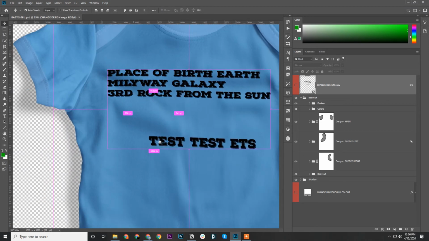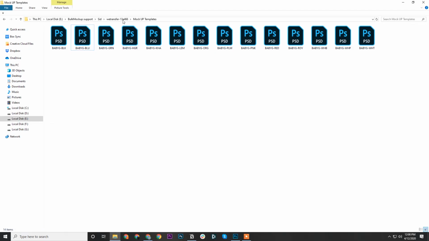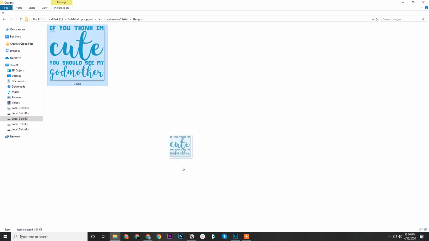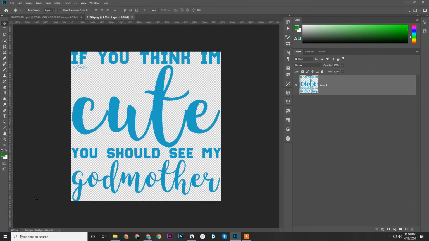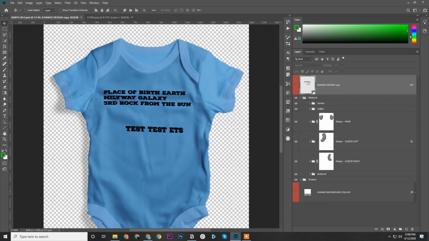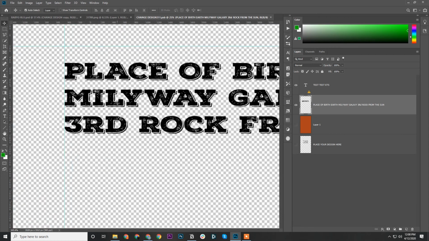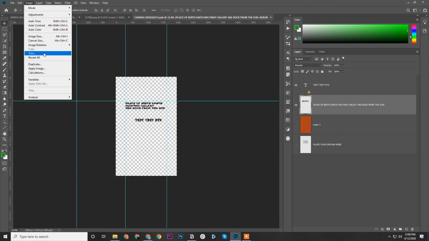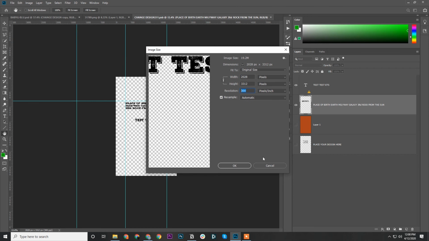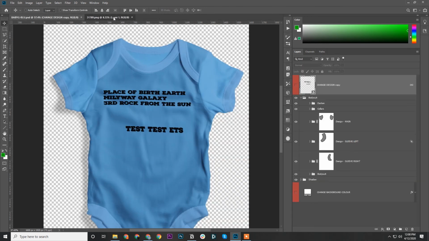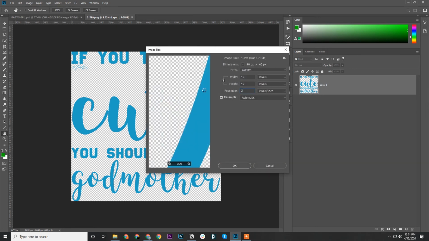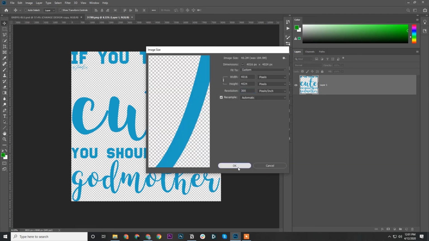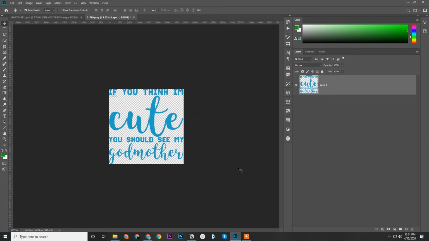Okay, one final thing, your design files. I checked your design files. This one is quite large. The resolution here says 600 ppi, but if I double click this one, the current design that you are having, this one is the current design, it says 300 pixels. So it's better if you have this instead of 600 pixels. If you change this to 300, I guess that would be better.